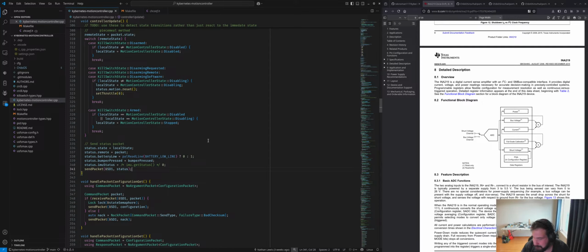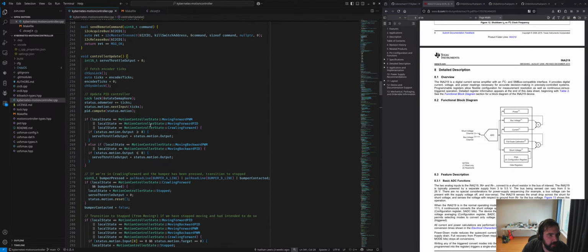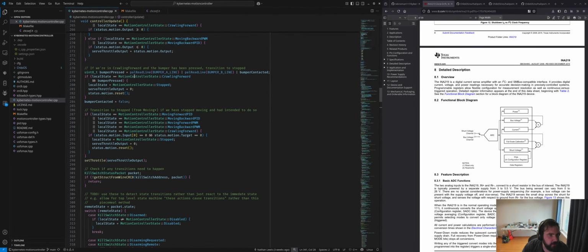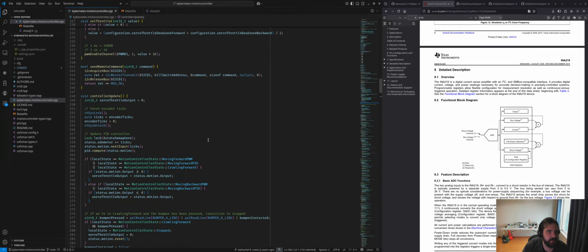But either way, we're going to start by attaching whatever data is coming in from this current sensor to the status messages. I think that's where we'll begin. I believe in here I do sample the get struct, check if any transitions need to happen, and send the kill switch status packet. Okay, right. So inside this controller update task, which runs 50 times per second,